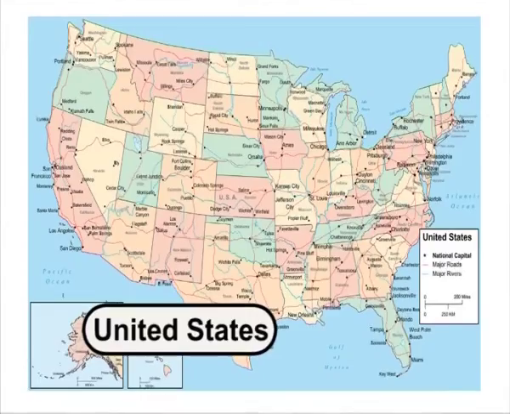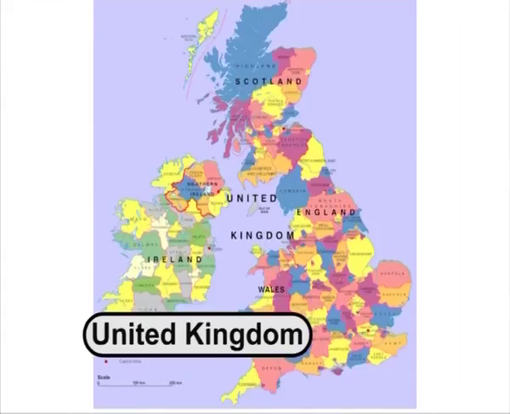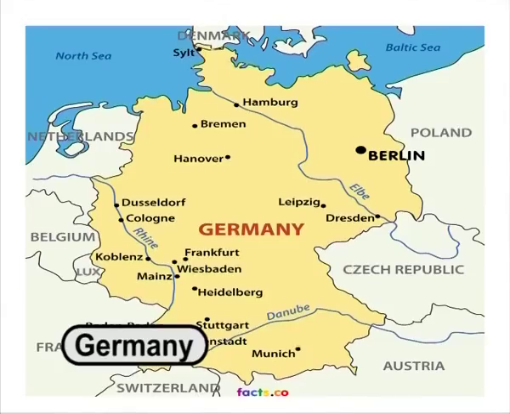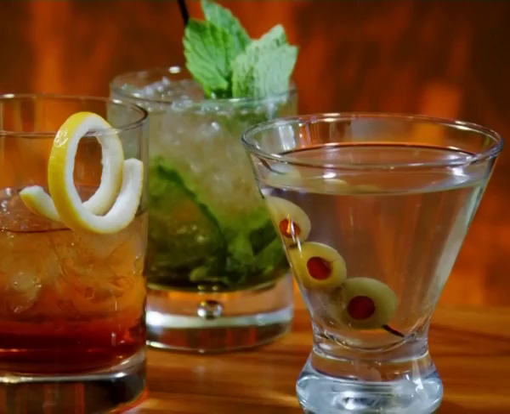In English-speaking countries such as the United States, Canada, United Kingdom and Australia, the alcoholic content of the spirit beverages is given by the term proof. Percentage by weight is used in Germany for the ethanol content of a beverage or other liquid. Many countries, especially in Europe, use the percentage by volume system.